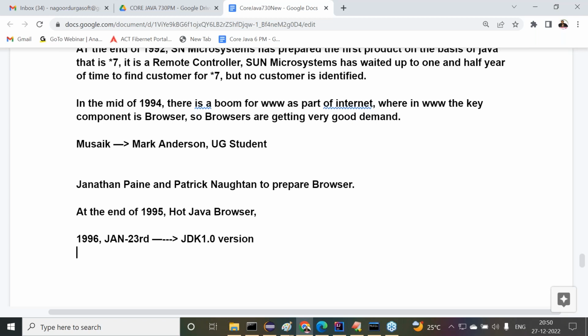As part of our responsibility, I'm going to talk up to the Java 19th version. By completing your course, we are going to finish it with Java 19 at minimum. But what major versions exist? If you observe the major versions in Java, the very first one is 1.0, the language introduction. 1.2 is the next major version, then 1.5, 1.8, and 11. The remaining versions are nominal versions only.